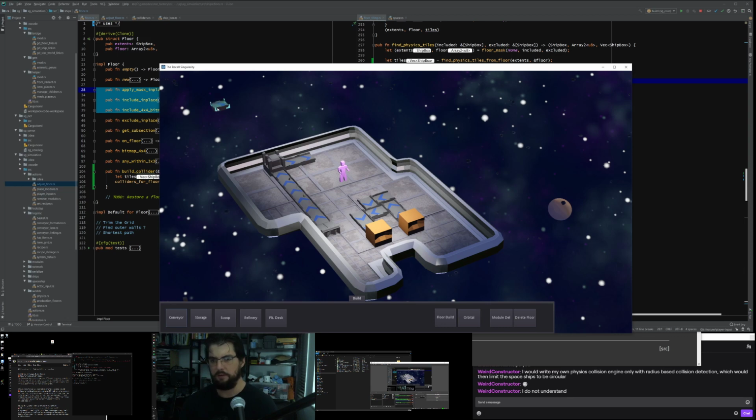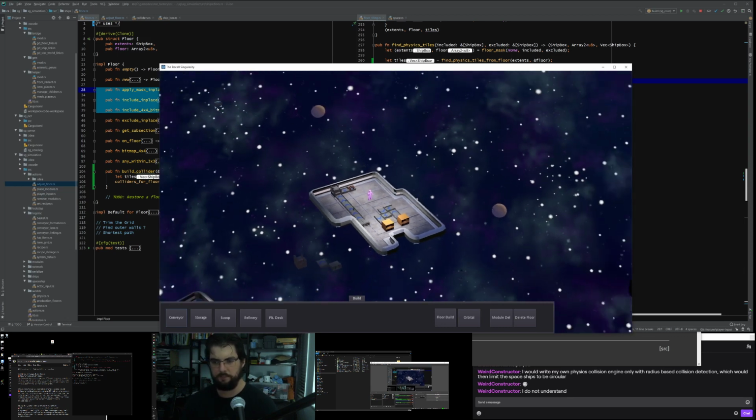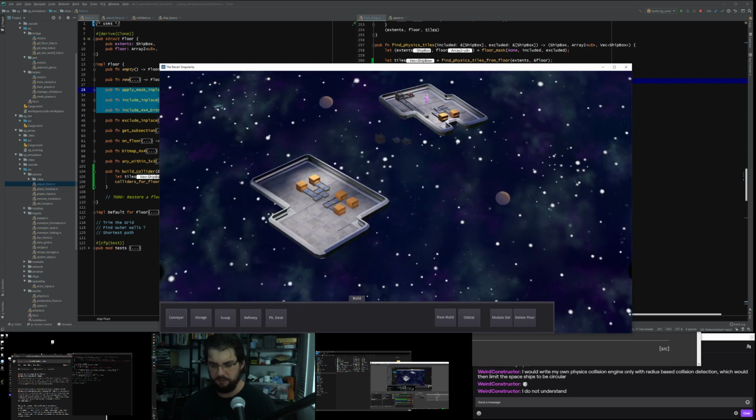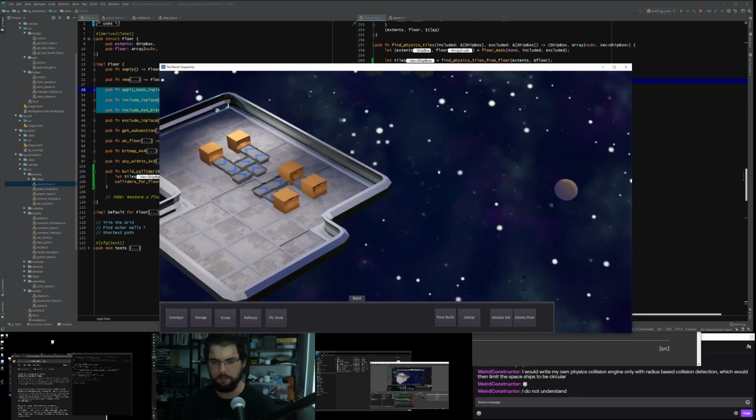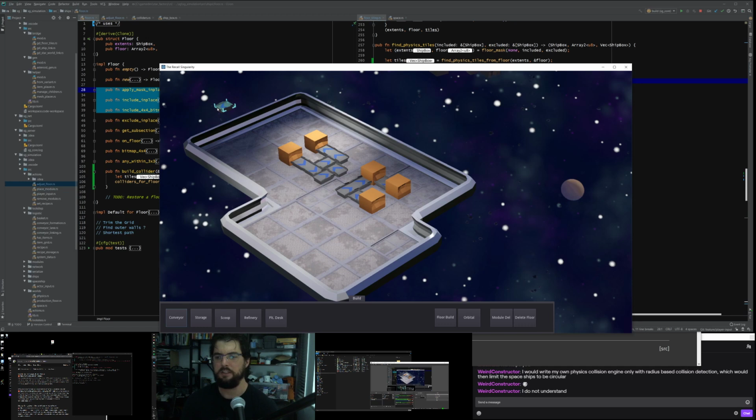So there's a world that's managing what's going on that ship, and then there's another world that's managing what's going on this ship. It's a completely separate specs world. So for every ship we have a different specs world, and the rationale behind that is that as the number of ships grows in a sector, I don't want every client to know about every ship. I don't want them to know what's inside every ship. I don't want them to have to worry about simulating them either.